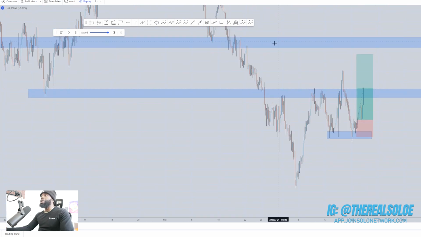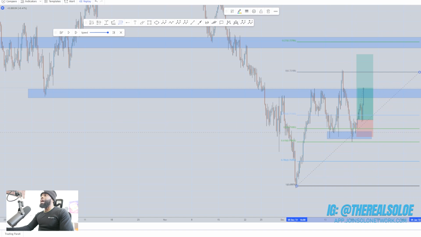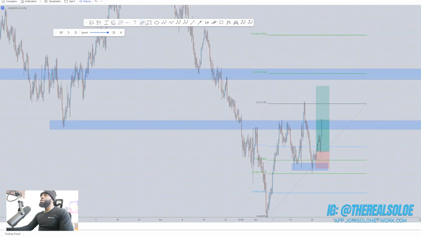What I'm going to now do is draw my Fibonacci retracement from this right here. This is A, and then I'm gonna draw it all the way to here, which is B. And now once we have that, these two levels right here, the -27 and -618, are my gold mine levels. Now when you guys use this Fibonacci, you also have to remind yourself, does this Fibonacci retracement line align